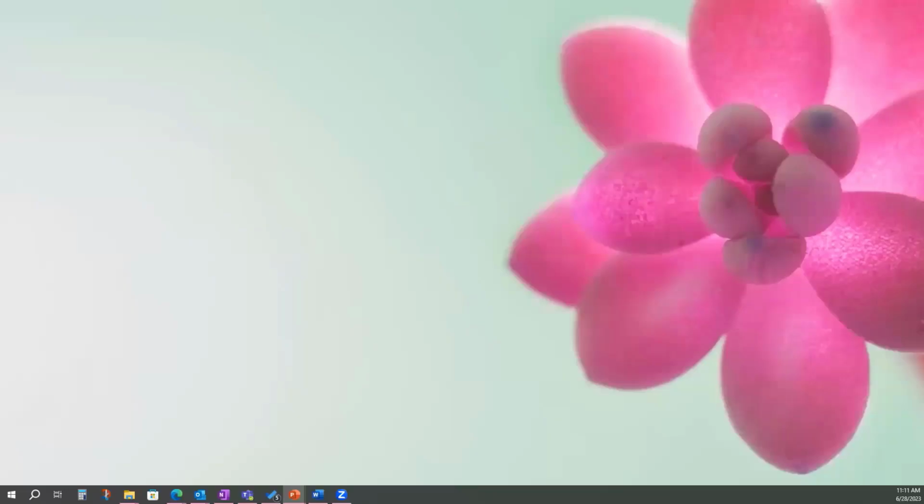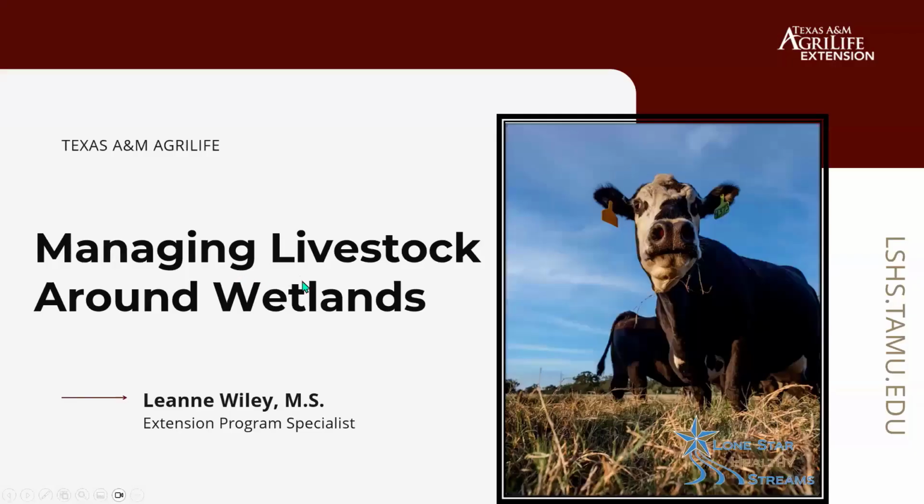Leanne organizes and conducts events throughout Texas discussing science-based evidence of best management practices for healthy watersheds and for healthy water bodies. Leanne received her Bachelor of Science in Animal Science from Texas A&M Kingsville and completed her Master of Science in Animal Science with Texas A&M College Station. She's been an exchange student in Brazil, a university lecturer, and was a rangeland management specialist in NRCS for 5 years before starting with AgriLife in 2021. I'll turn it over to you, Leanne. Looking forward to your presentation.